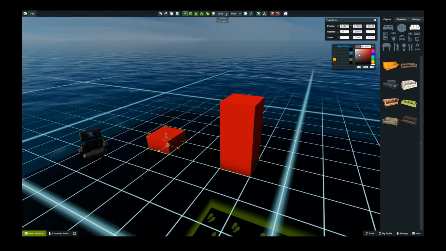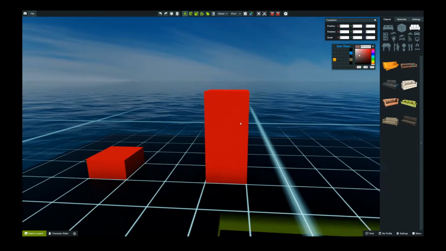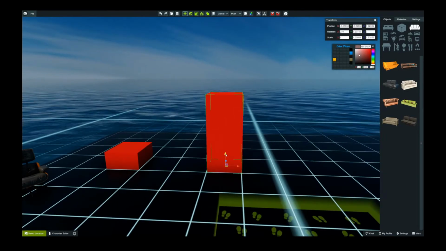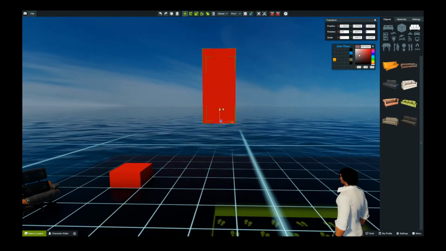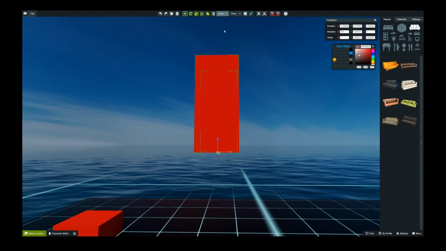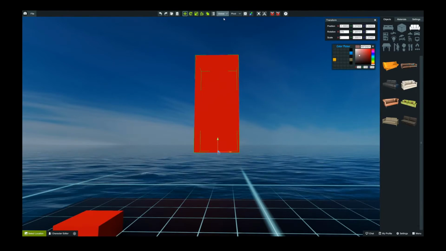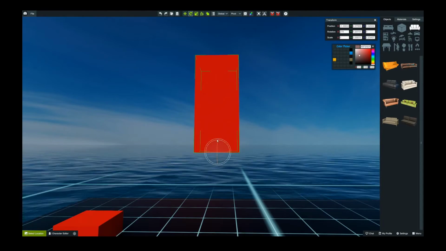Okay, now let's talk about local and global. What this means relates to the position and how a prop moves within the world. So you can see this prop here is nice and square and straight. If I change this to local, it really makes no difference at all as far as how I can move this prop. But if I rotate this prop to the left slightly,